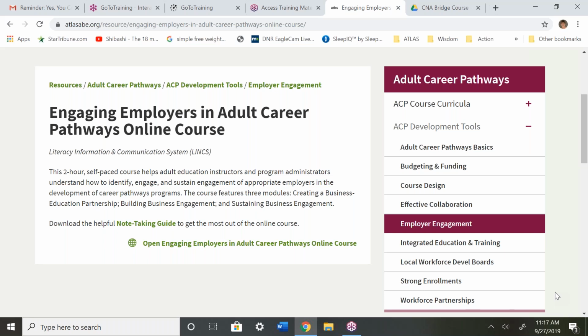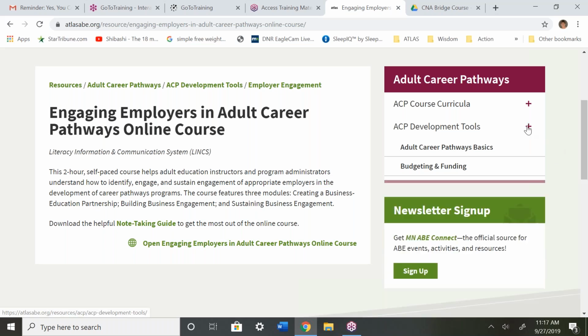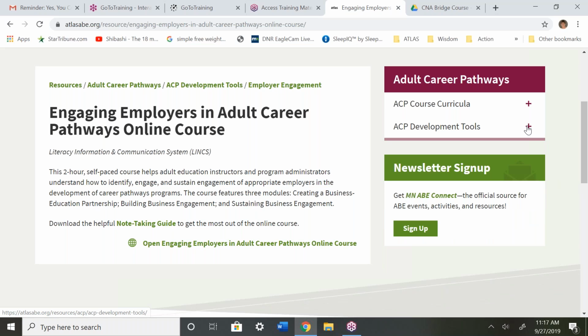And then the other note from me is a lot of you talked about programs that you're running now, and I'll be in touch with you to make sure that if you have established curriculum for those programs, you're able to submit those to me for sharing out to the field through the resource library. I think that was mainly it.